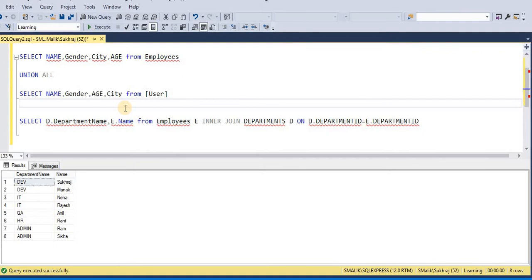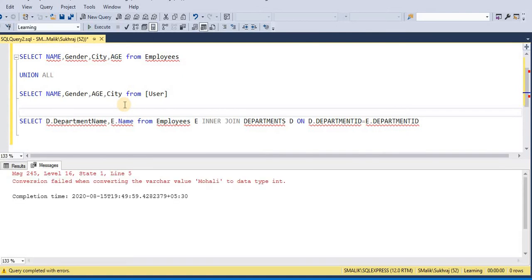And next, union is faster as compared to the joins. In case of unions we are combining the rows, but in case of joins we are combining the columns. So in case of joins, the number of columns may be more or less as compared to the original data tables, but in case of unions it will be the same.